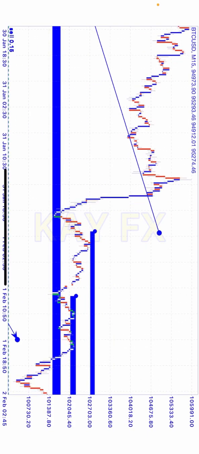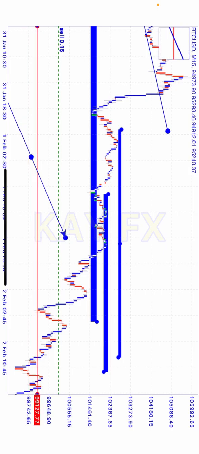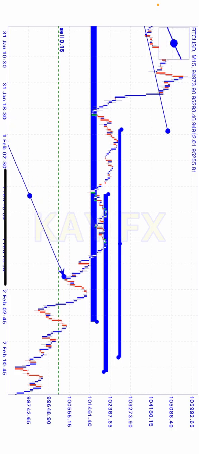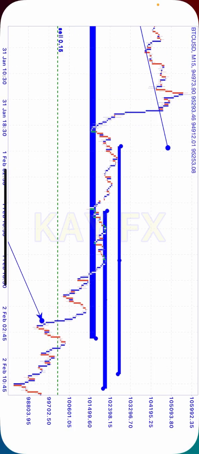Let me just do this and show you where I'm talking about. Let me delete this. What I'm talking about is this. Since price broke down and went back to test,